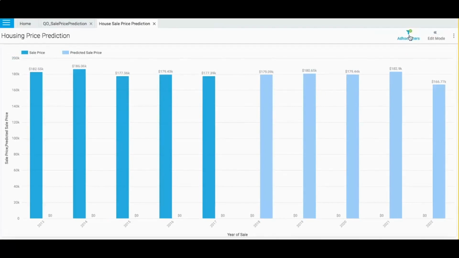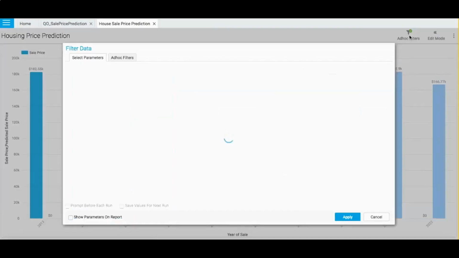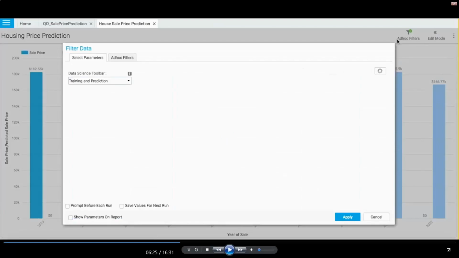Now, one important factor is that let me check how this works for a selected set of data. I don't want an average price for all types of housing units. I would want to predict it for a particular type of unit. Let's see that. Now, when I open this ad hoc filter screen, what I see is mostly the prompting screen.